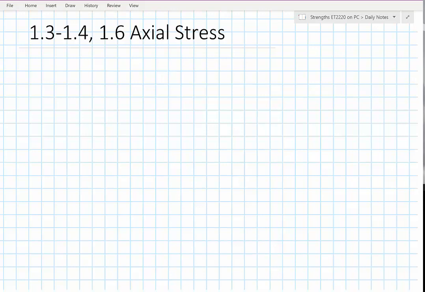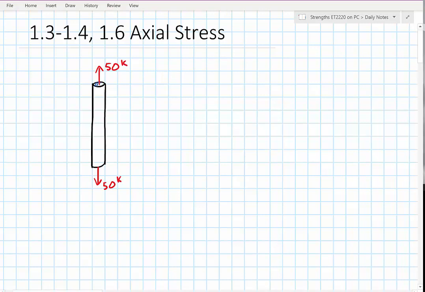All right, hello everybody. Today we're going to be talking about the simplest form of stress, which is axial stress. And what we're really talking about is an object under either tension or compression. So if I had some kind of little cylinder here and I were to put some kind of force on here, in this case we're going to say 50 kip force, clearly in tension,